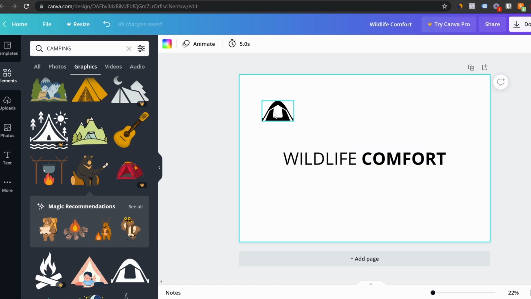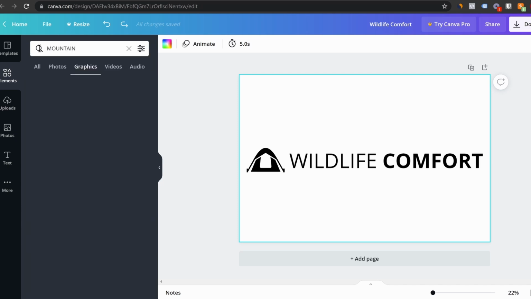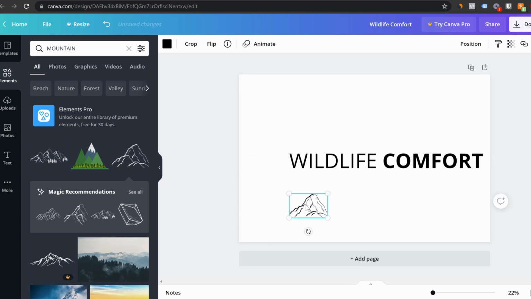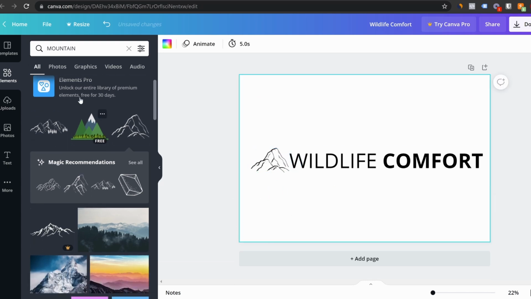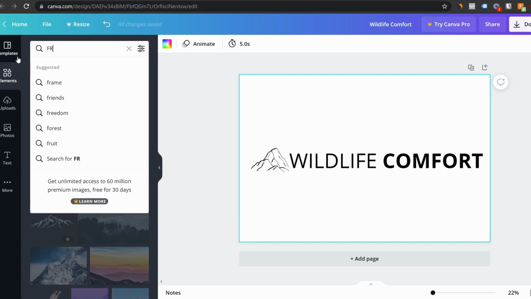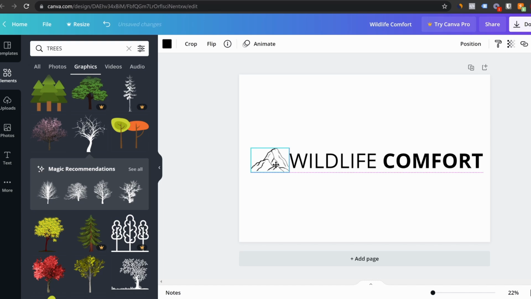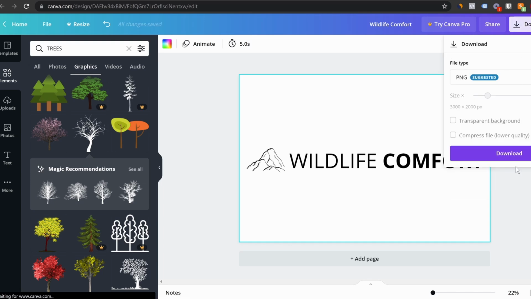So sometimes you can use just the name, so Wildlife Comfort, and that's it, and that's gonna be more than enough. But another thing that you can do is that you can go to Google in order to find more images that you can use. Here you can use other keywords, for example, mountain. You can use this image, Wildlife Comfort, or you can put here forest. But in this case here guys, I think that this image looks pretty cool, this logo looks pretty cool, Wildlife Comfort. So I am just gonna click download,